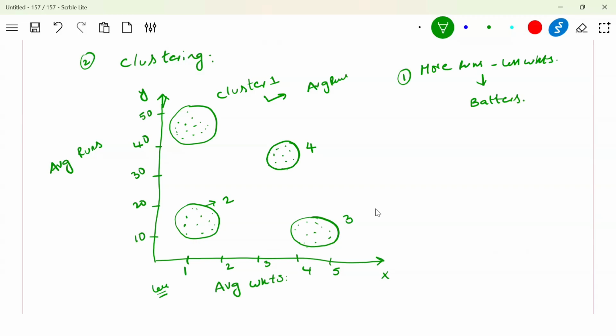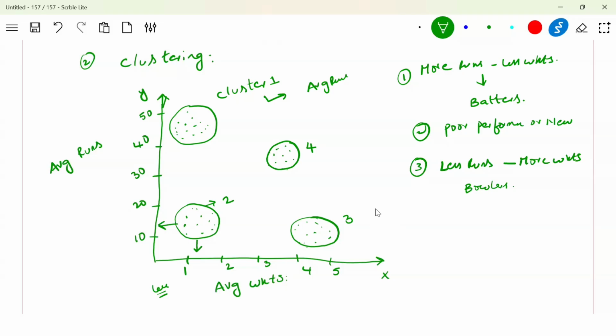This is cluster 1. Second, cluster 2. Their average wickets are less. Their average runs are also less. So who are those? Those might be poor performers or newcomers. Okay. Next, if you see cluster 3, their runs are less, more wickets. So less runs, more wickets. That means who are those? Those are bowlers,